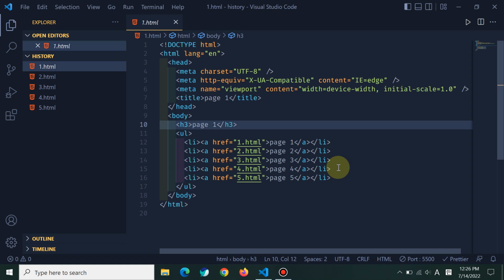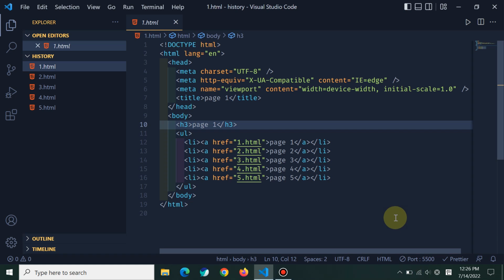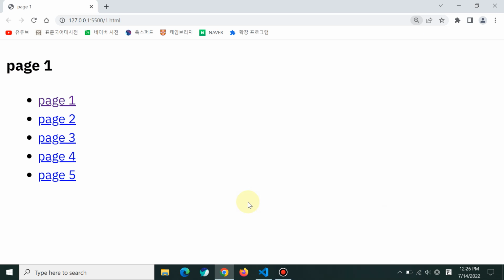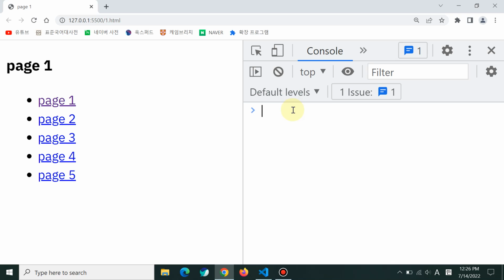So the setting is the same as before, and let me open 1.html with the live server extension. Let me enlarge it. Let me open the console. Let me refresh it. And let me enlarge the console. And then I want to show you